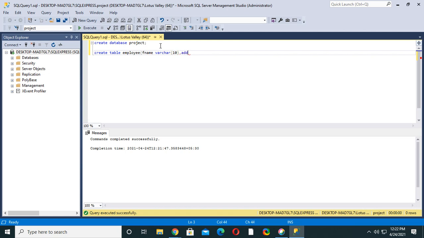Next column is address, and the data type taken for this is varchar, and the size we have taken is 25. You can take anything here. Next is age. So age we are taking as an integer. Bracket close, semicolon, shift home and execute. See, command completed successfully. Next is drop table, but before dropping we should insert some data.